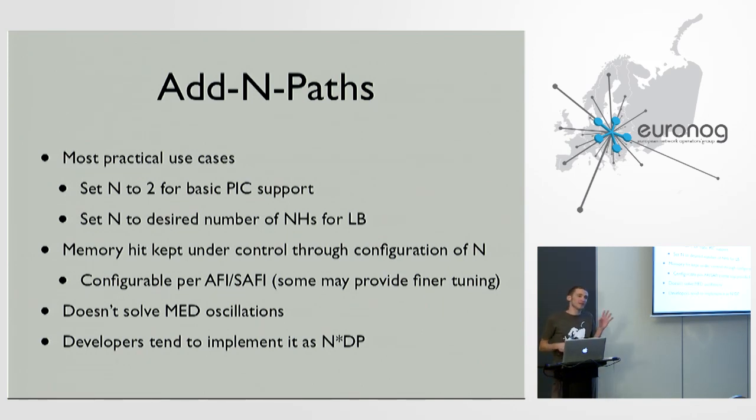It does not, in theory, solve MED oscillations. So you give me an iBGP topology that oscillates with MED, you give me the value of n, and I will tell you, well, if you add these sessions to these eBGP sessions to these customers, you will get back to your oscillation. So in theory, advertising a fixed additional amount of paths will not prevent oscillations from happening during the evolution